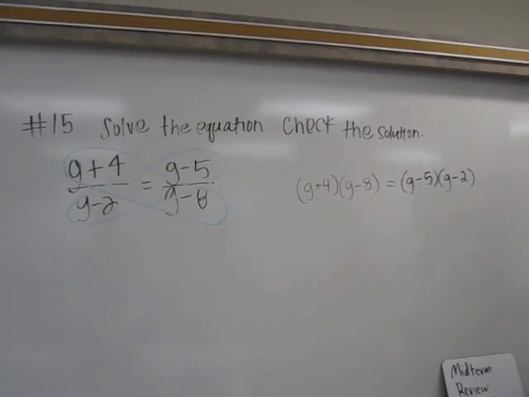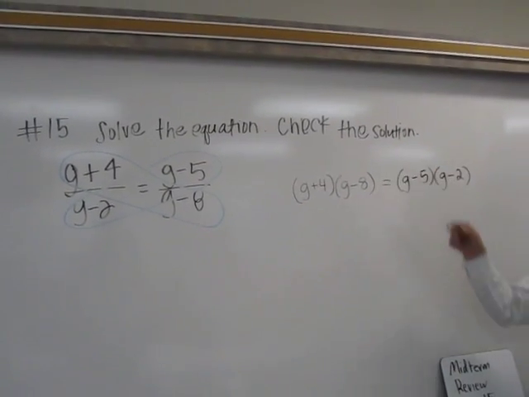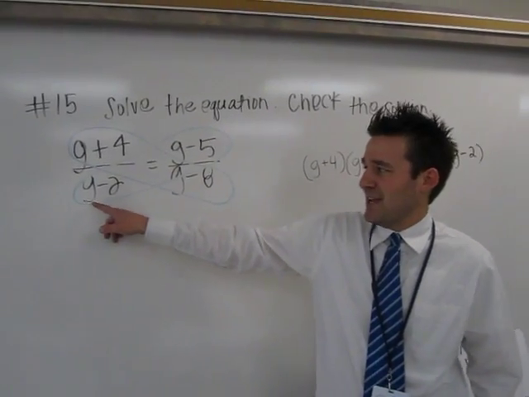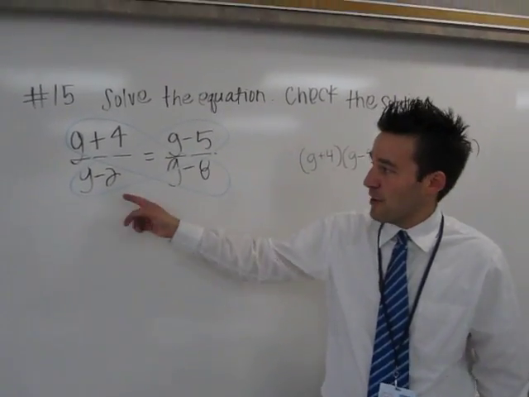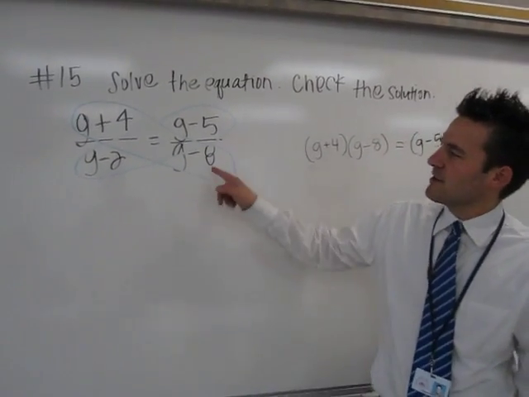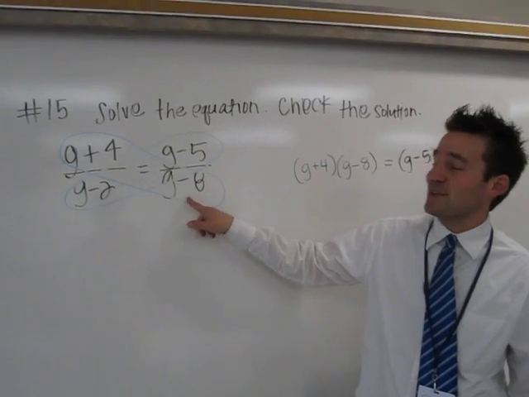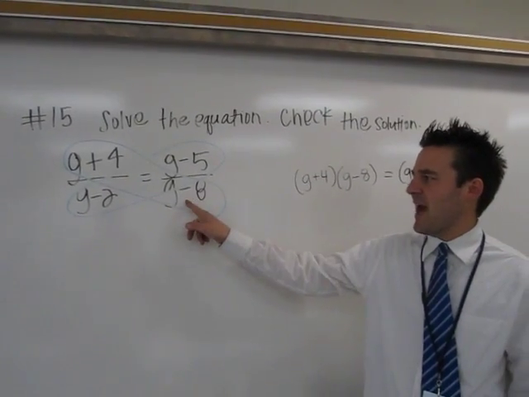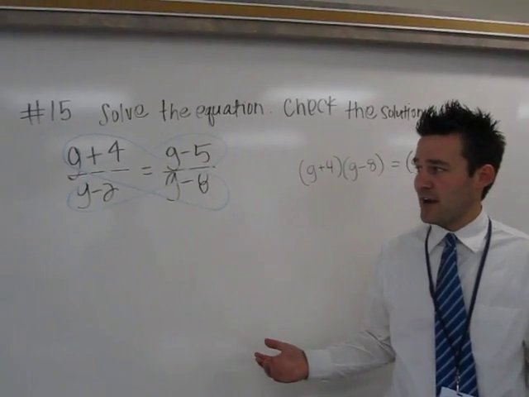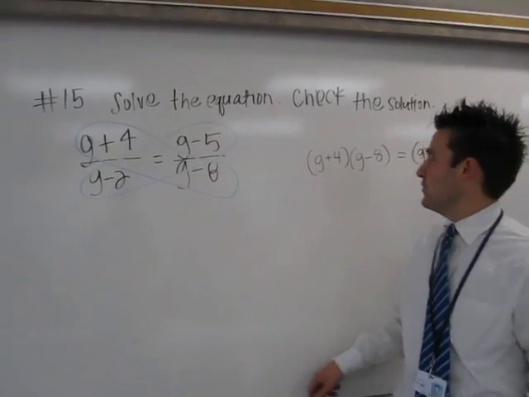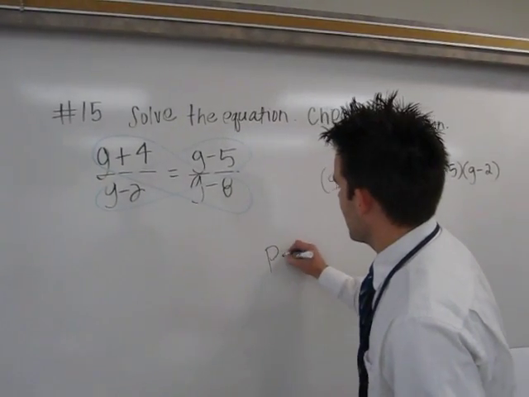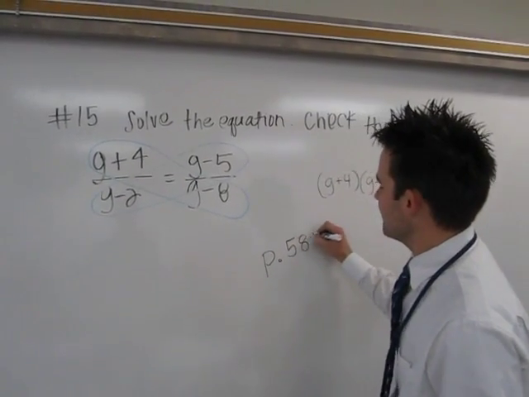At the very end, you need to check your solution. The reason why is because if your solution happens to be g equals 2, that won't work. It'd be extraneous. It would make that denominator 0. There's another denominator, there's another value of g we wouldn't want to have, because it would make this denominator 0. But I'll leave that up to you to find out. Finally, if you need more help with this problem, check out page 589,